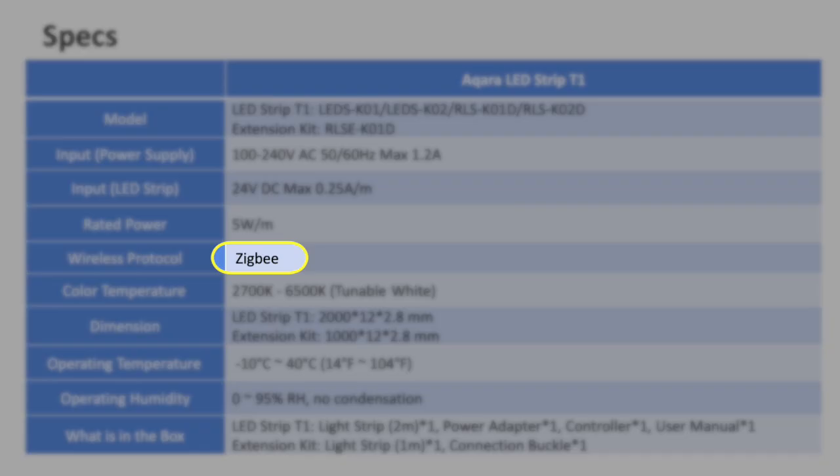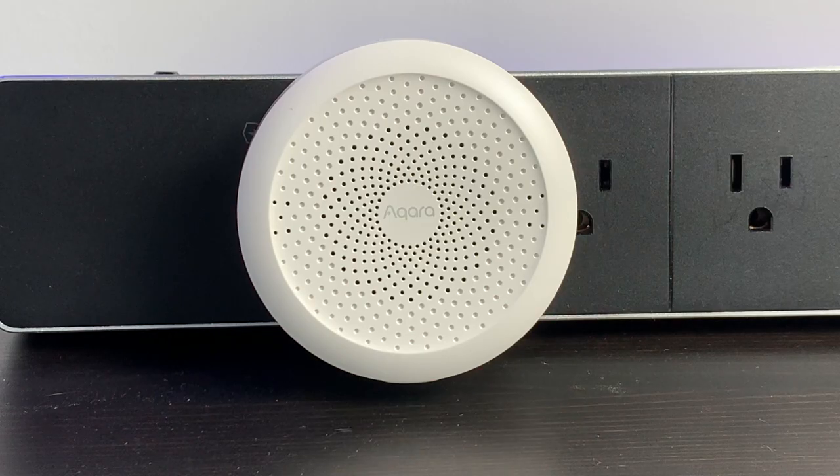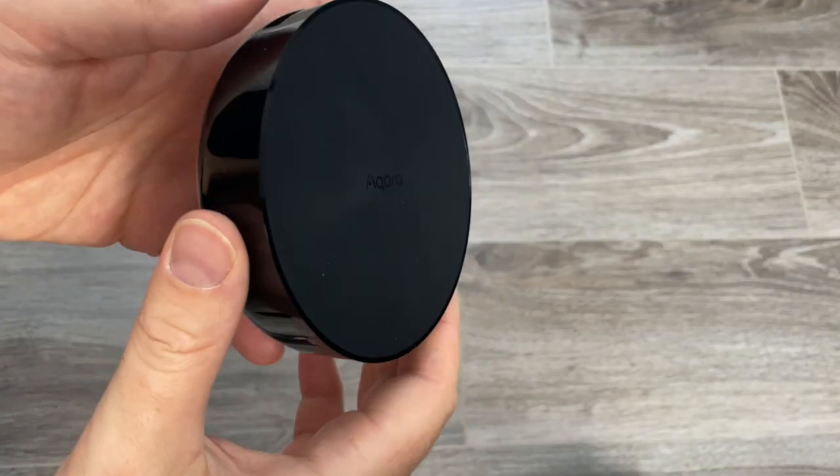The Lightstrip uses Zigbee, which I love because it means it's going to be super reliable, and since it's connected to power, it's actually a repeater so it can strengthen your Zigbee network. The downside is that you do need an Aqara Hub, and this could be an extra expense. If you want something basic that works well but doesn't cost a lot, then I recommend the E1. It connects using USB and it retails for around $40 Canadian. Or if you're looking for more features like a camera, alarm, or an IR blaster,